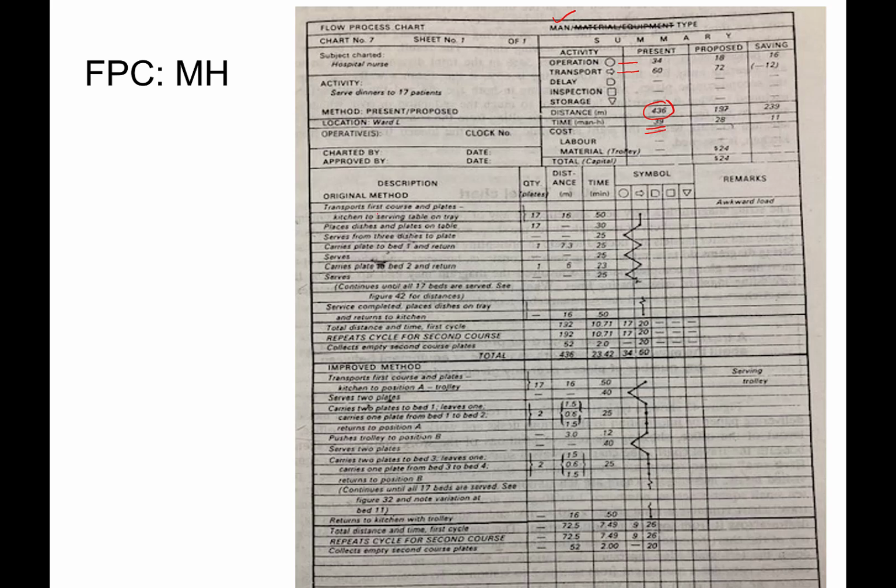So the food is brought, transports the first course and plates from the kitchen to the serving table on the tray, then places the dishes and plates on the table, then serves from the dishes to the plates, carries the plate to bed 1.